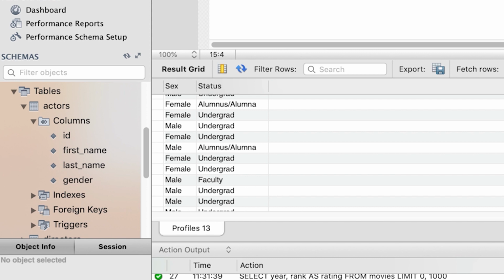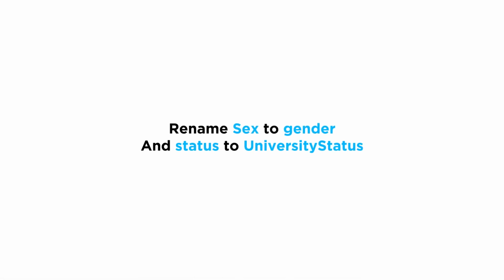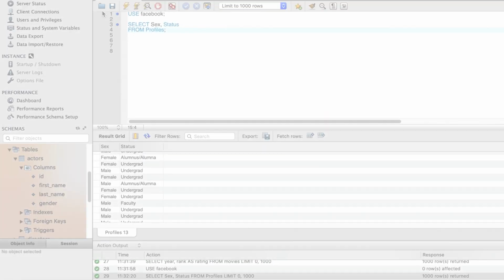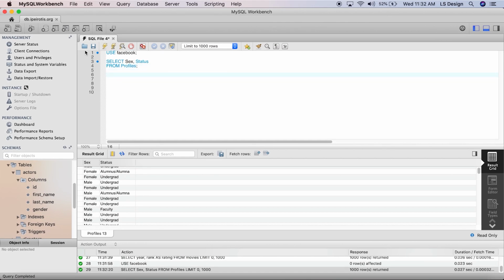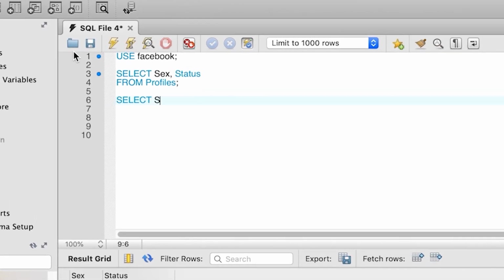However, we do not like the name of the columns and we want to change sex to gender and rename status to university status. So for that, we modify our query and we write select sex, but now instead of having sex, we say as gender, then status, but we also add as university status.